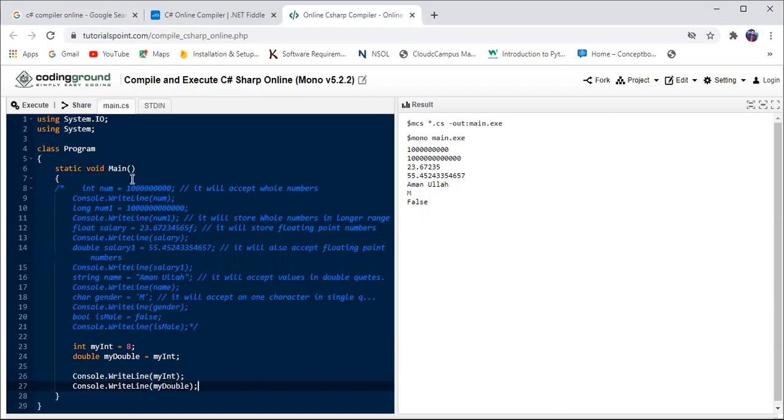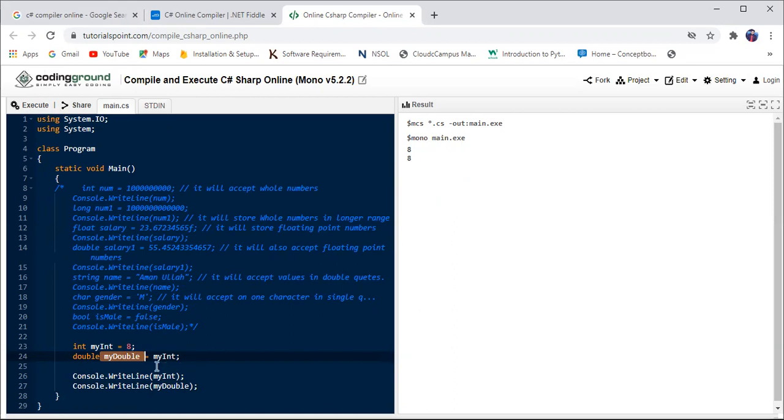Now let's check the difference. You can see 8 and 8. 8 is an integer, but we stored that 8 inside a double type variable. So there is no difference and no error in the output. You can see it was easily converted into double.